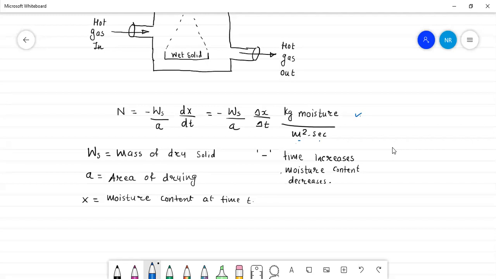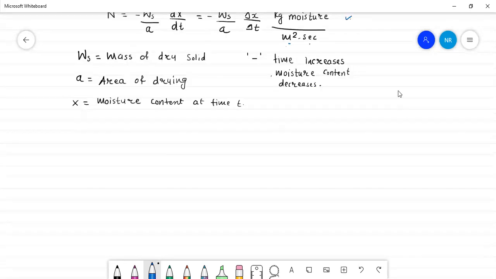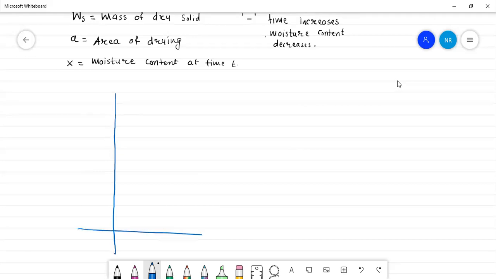Now we have to draw a graph. Drawing a graph will tell the information regarding how much the moisture is decreasing. So let me draw a graph and then we understand the whole experiment, the mechanism of the whole experiment. So now I will draw a graph. The graph is in between the